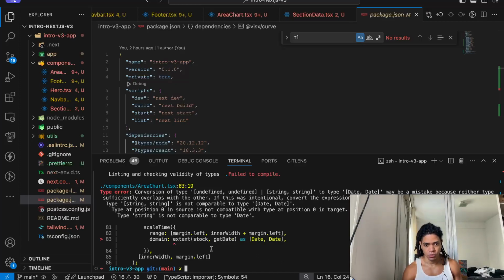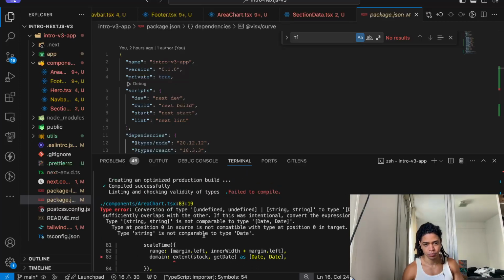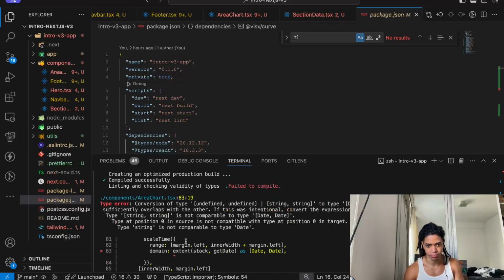And they say, hey, conversion of type undefined, string to type date. Maybe a mistake because neither type sufficiently overlaps with the other. If this was intentional, convert the expression to unknown first.